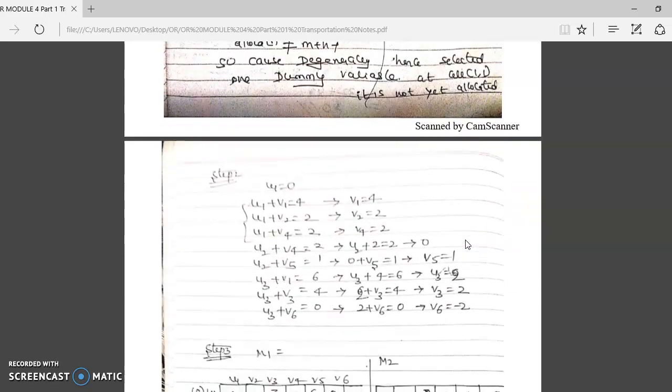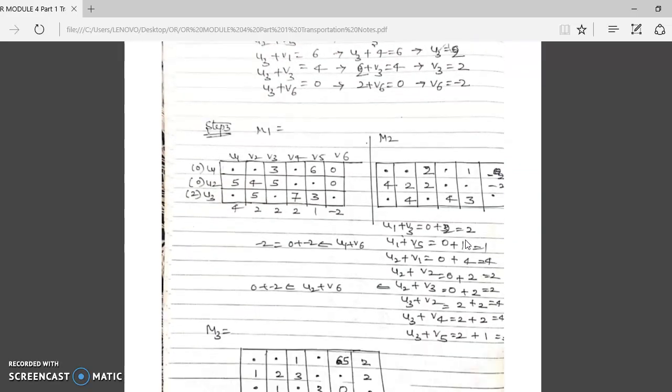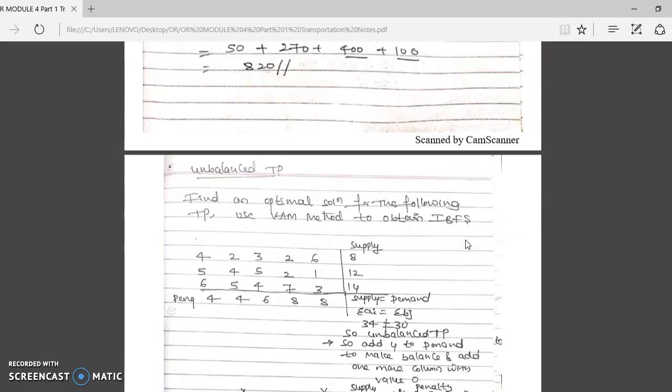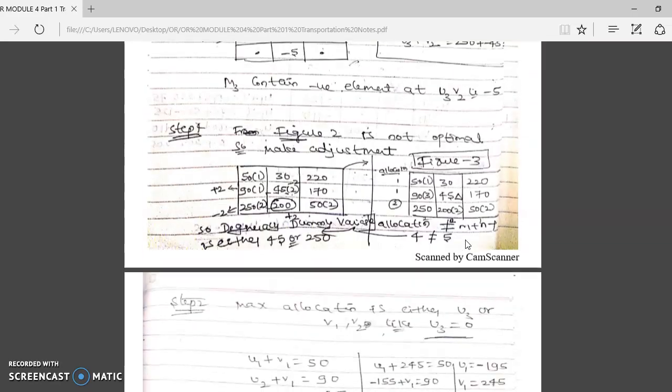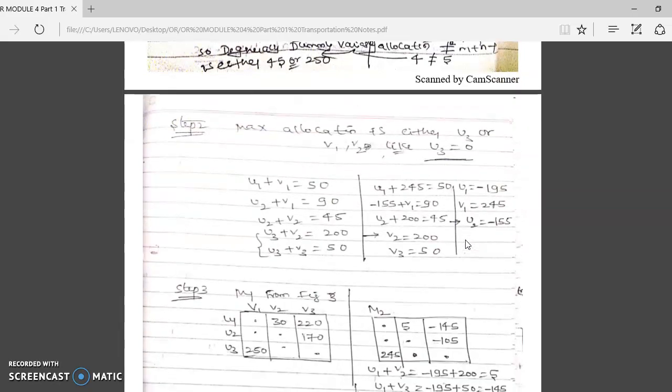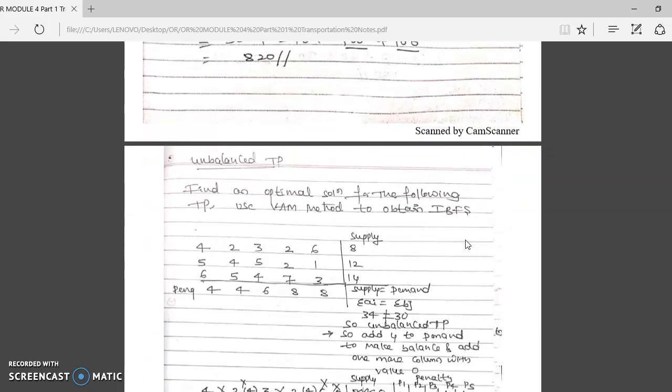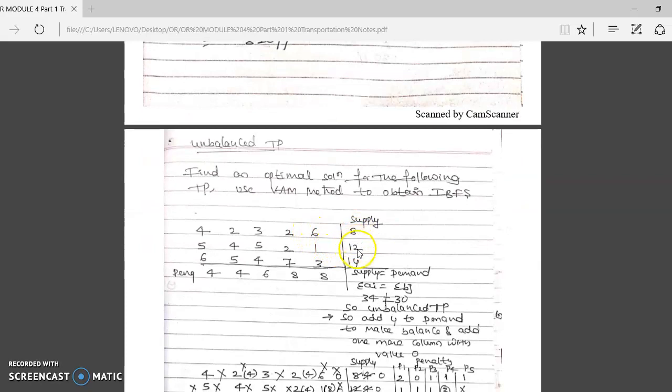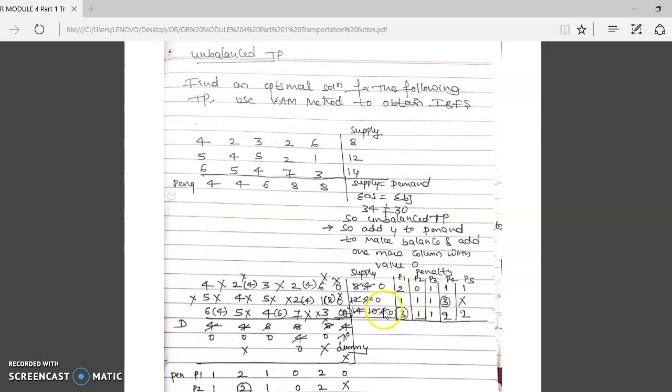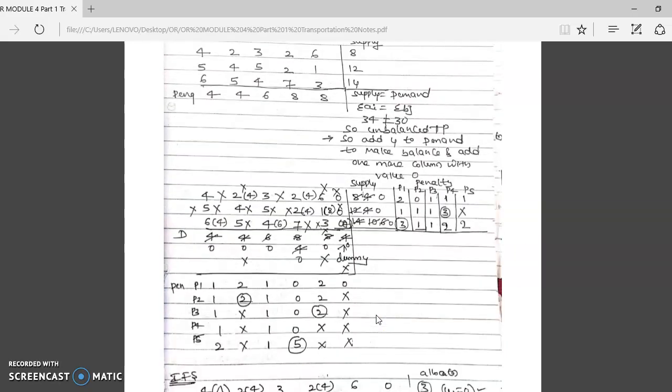This completes the transportation problem. If you want one more explanation: unbalanced transportation means that here supply is not equal to demand. So where demand is missing, demand being the column, in this place you have to write 4 and the remaining values to be 0. Just like I have done 4 here, the remaining values are 0. Now supply is equal to demand. Again solve it by using the PAM method.